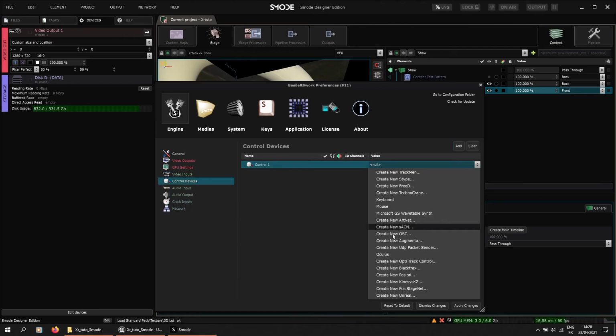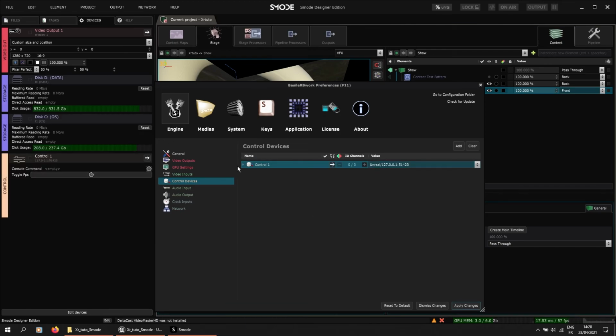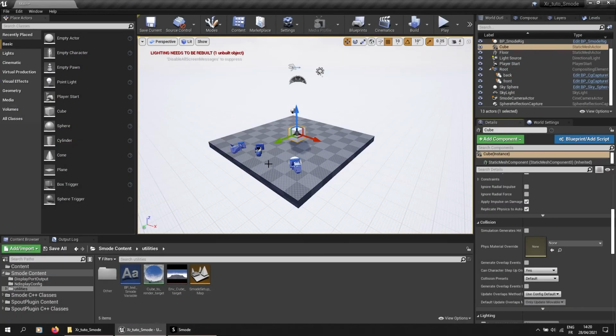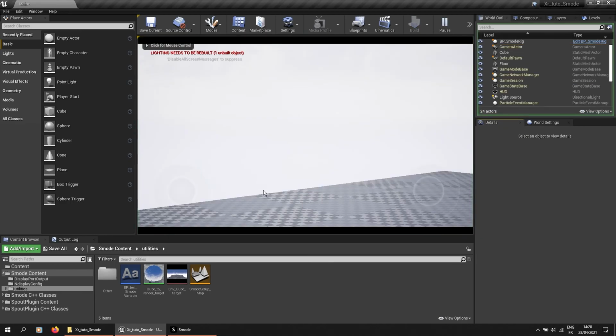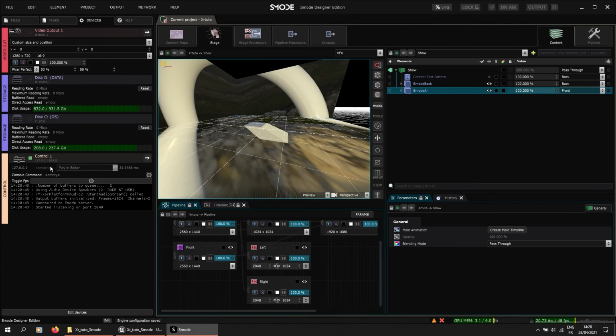And now we add an Unreal control device with the localhost IP and the same port as Unreal. And then I will press play in Unreal and see if my connection is okay. So I can see it's in play editor mode, and I have some log.